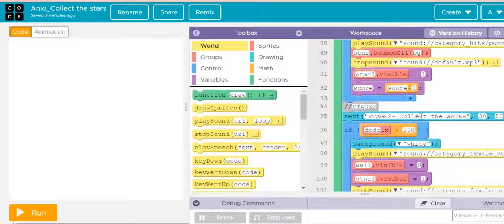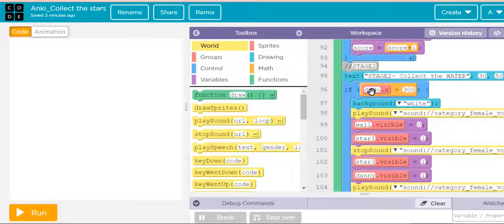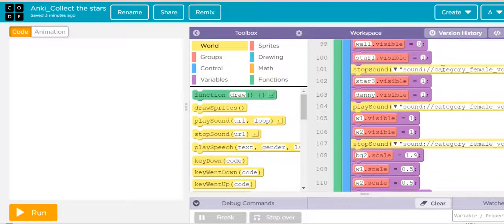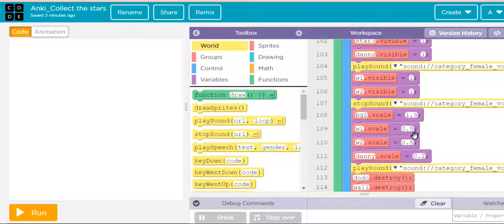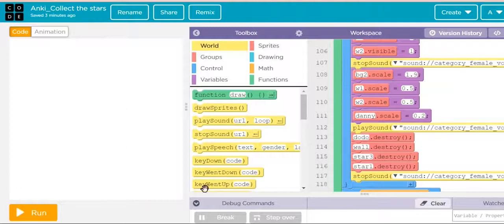stage 1. So for stage 2, we have to create a new frame and set a new sprite. For that, we have to delete the earlier sprites. So what I am doing over here, if Dodo, which was the earlier sprite, reaches 300 points, I've given this condition over here, and then he's moving to the right, and then we have a next frame where we have a parrot or Danny. Danny will start moving towards west, and once he reaches the positions of the particular object, he searches out for the bowl of water and then the glass of water, he drinks from it, and then he again flies back in the sky, and the game objective is achieved.